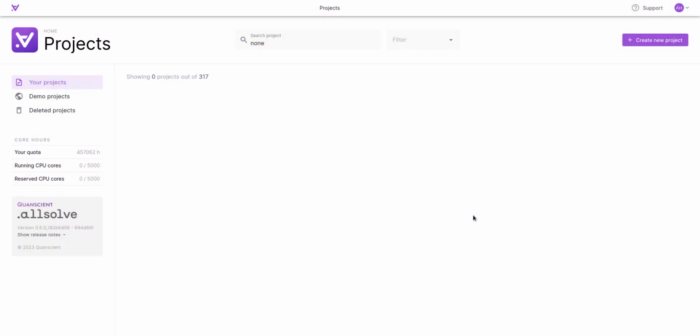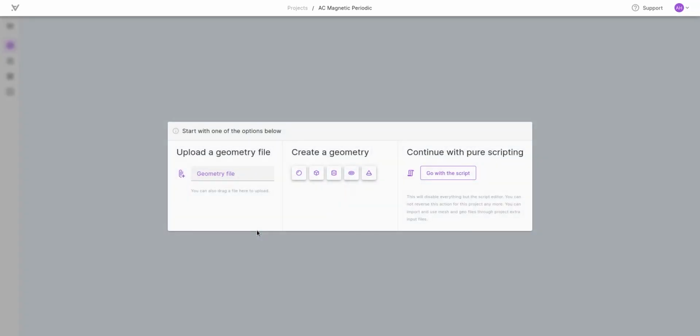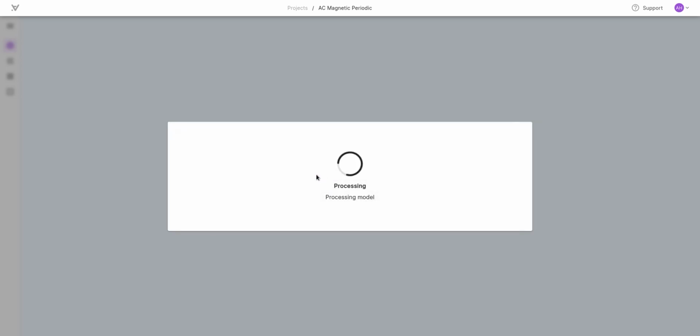In this demo video, let us investigate how to use the periodicity condition for AC magnetic simulations. Let's create a simulation project. And then I don't have a step file here, but I can easily draw the test geometry. So let me start drawing a box right away in the browser